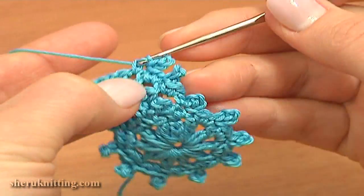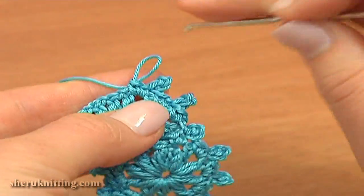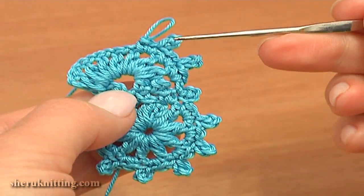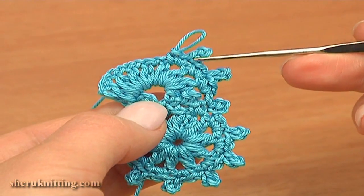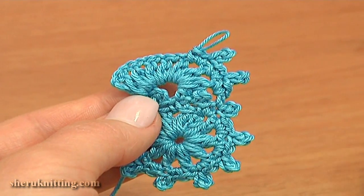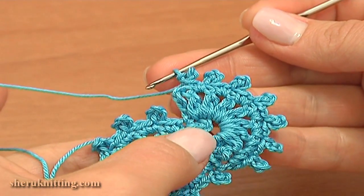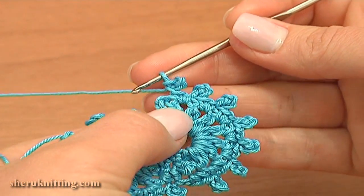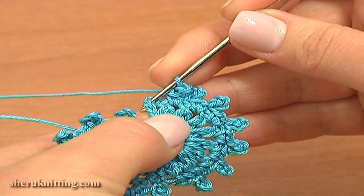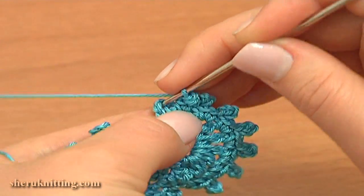Then again single crochet 2 into the next chain space and continue. Keep working and crochet this trim till the end of this row. Let's complete this row together. I made a picot. Now under the next chain stitch, single crochet 1,